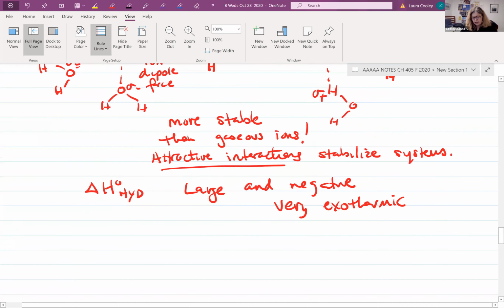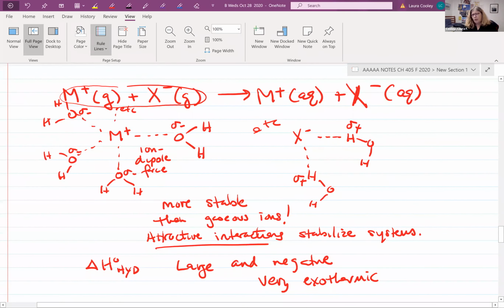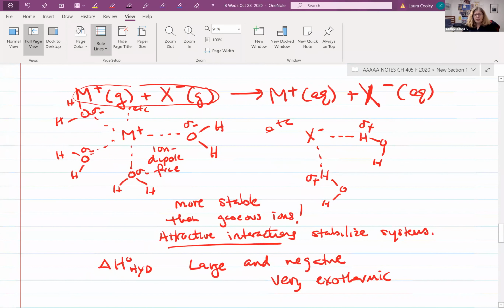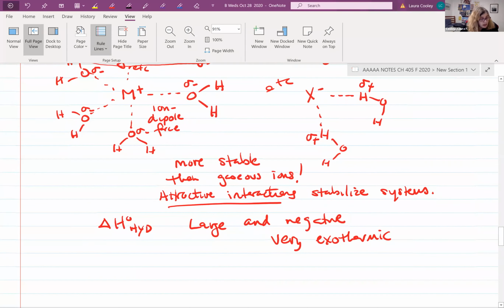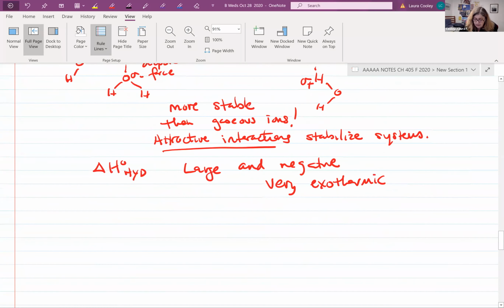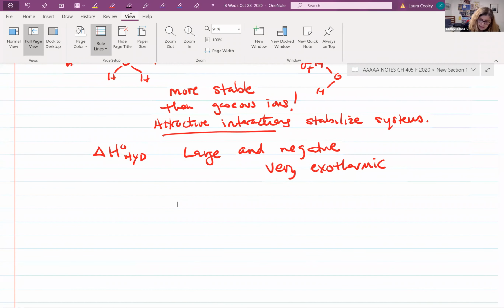And you know, a single ion-dipole force is not that strong. I mean, it's about like a hydrogen bond, but there are so many of them, they add up, right? So you do end up with a large negative number. And if you were to think about the process of an ionic compound dissolving in water,